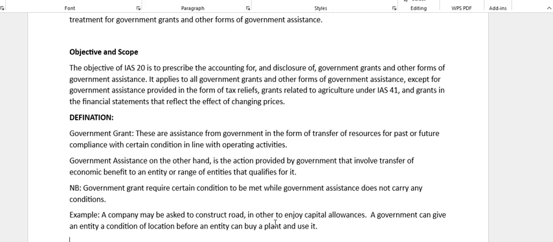That is to say, government will only give you that assistance or that grant, as it were, only if you have been able to meet a condition. Usually, you have conditions. You have a company, for instance, now,